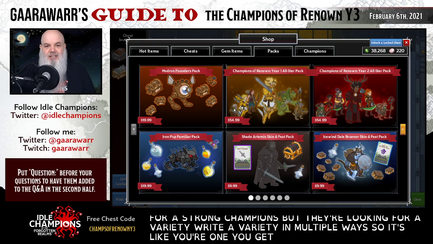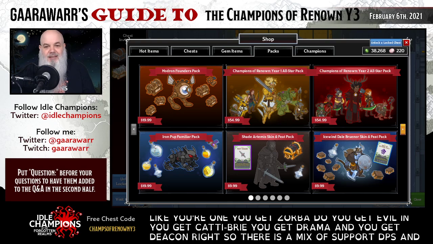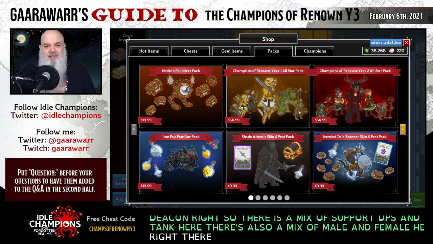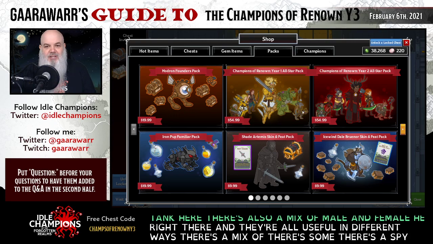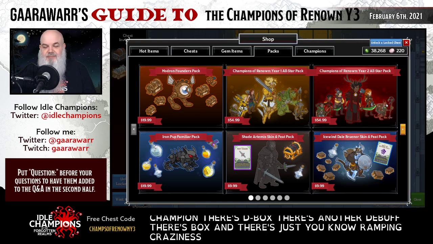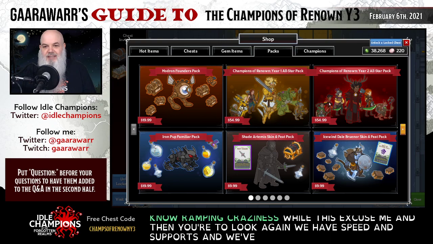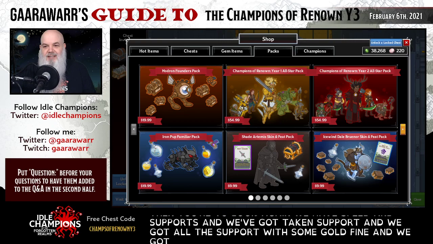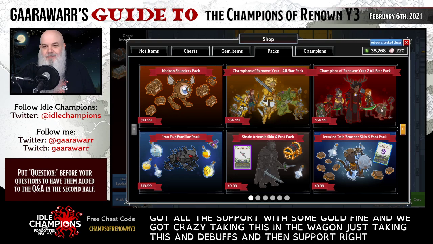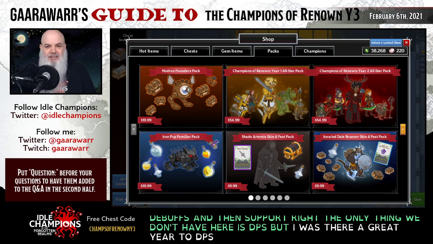So, like year one, you get Zorbu, you get Evelyn, you get Catti-brie, you get Grama, and you get Deacon, right? So there is a mix of support, DPS, and tank here. There's also a mix of male and female here, right? They're all useful in different ways. There's a speed champion, there's debuffs, there's another debuff, there's buffs, and there's just ramping craziness. Wildness, excuse me. And then year two, we look again. We have speed and support, and we've got tank and support, and we've got all the support with some gold find, and we've got crazy tankiness and outrageous tankiness and debuffs, and then support, right? So the only thing we don't kind of have here is DPS, but was there a great year two DPS? Hold on, let me go and look at my...